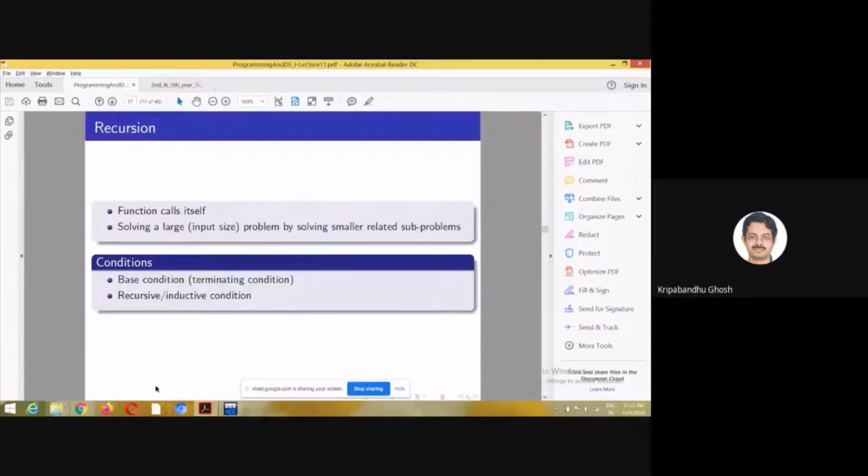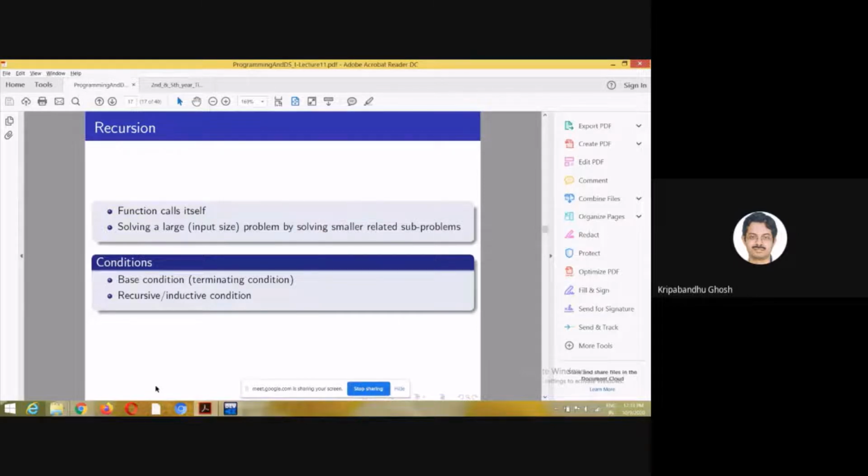So I talked about this modular programming, right? In modular programming, you try to subdivide a problem into smaller subproblems. So for a given function, you break that function into smaller sub functions, which are functions in their own right.